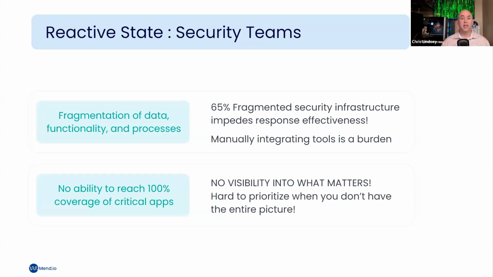Let's talk about your security side, because again, you still have the same problems going on. Fragmentation of data, functionality, and processes, right? 65% of the security infrastructure impedes the response effectiveness. I have a finding. Great. Where is it? What tool? What application? You have all the stuff scattered. It's like an a la carte, which is not a bad thing if you have the best of breed tools and you've got it all worked out and set properly. But most security teams don't. Most security teams have random tools, open source tools, things that they're just running and grabbing, and you have all this disparate stuff